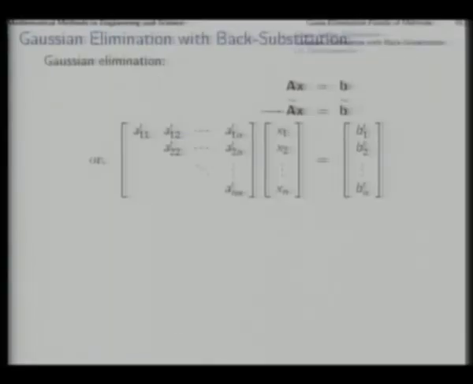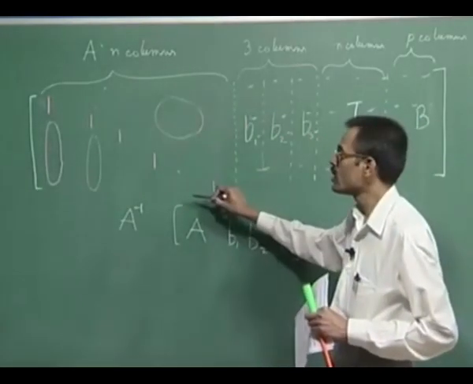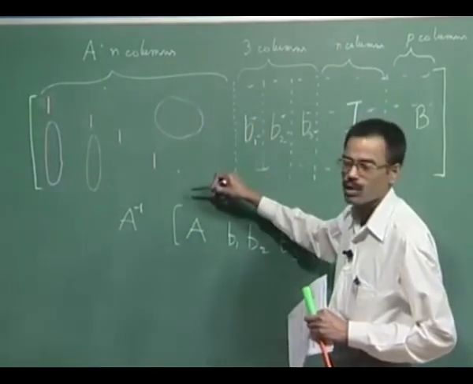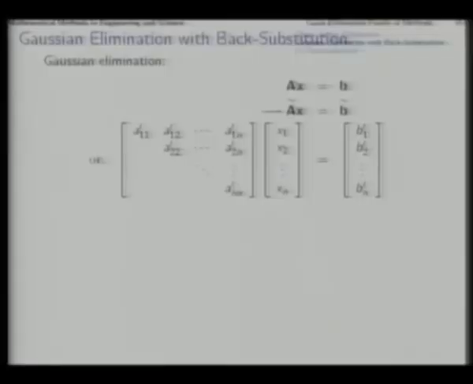elimination with back substitution. You might say that this complete reduction of the matrix A up to identity through elementary row transformations is actually not called for, because as long as we can reduce it to an upper triangular form in this manner, that is, below this everything else is 0, our job is done. If we can just apply elementary row transformations so that A reduces up to the stage of A tilde, where A tilde is this matrix with upper triangular structure, below the diagonal entries everything else is 0, then